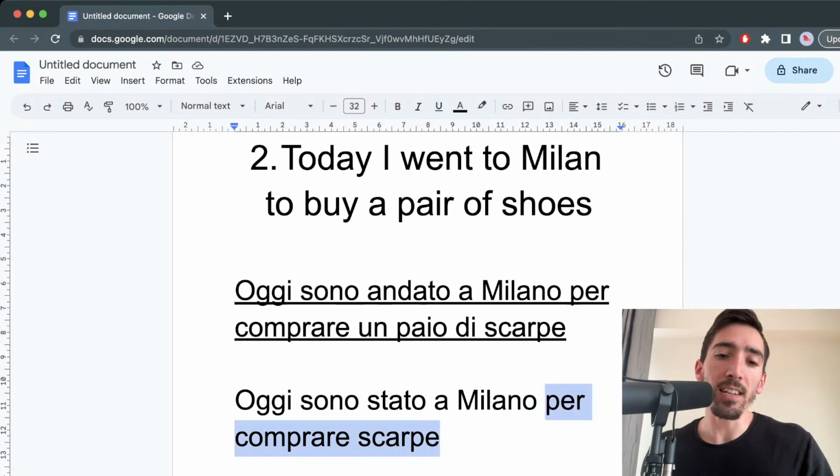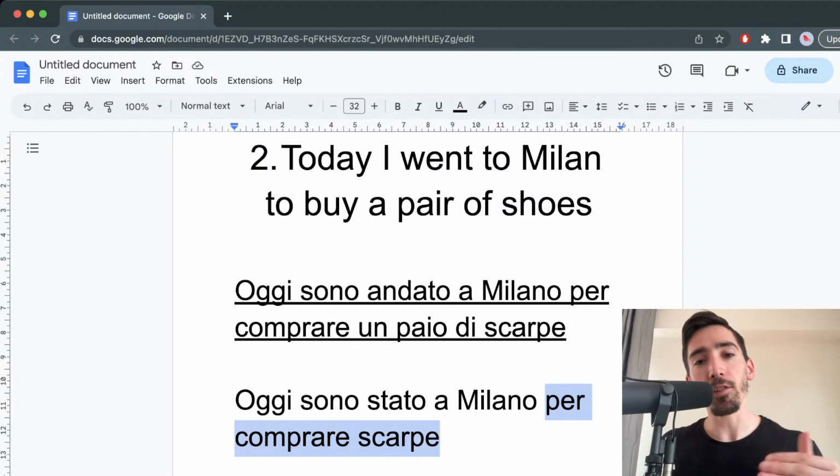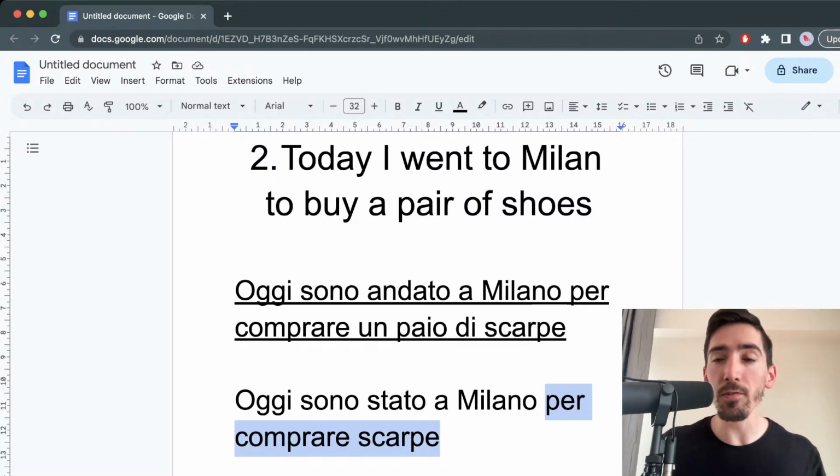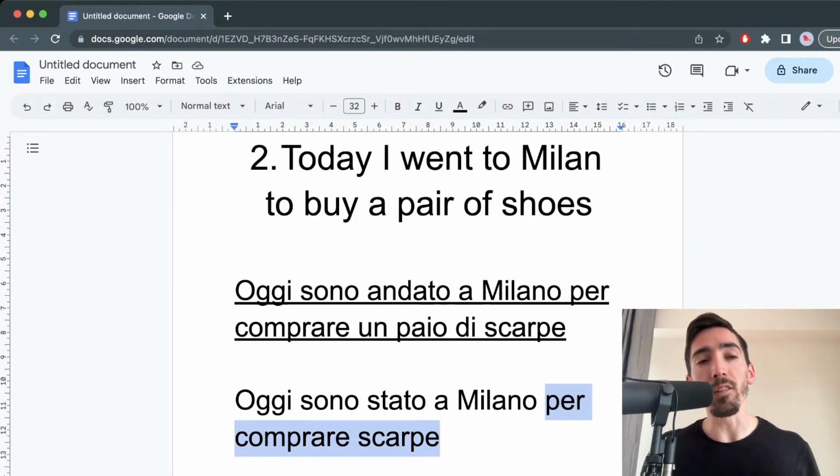Again, the second part of the sentence is correct, less literal, right? So instead of to buy a pair of shoes, to buy shoes in general. And indeed, I always recommend, although it's a natural thing, I recommend beginners to always simplify. If you don't remember a word, so for example, Mark, you forgot the word for pair, or you didn't know the word for pair, paio, skip it. Comprare scarpe. So that makes sense, and it's close enough to the original meaning.